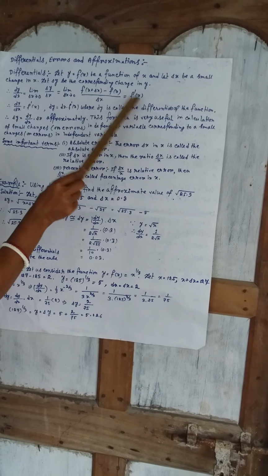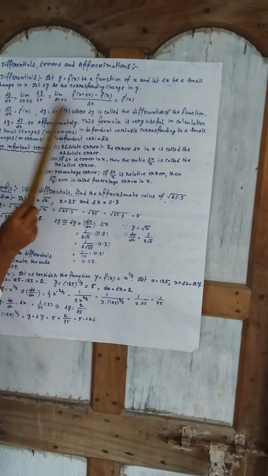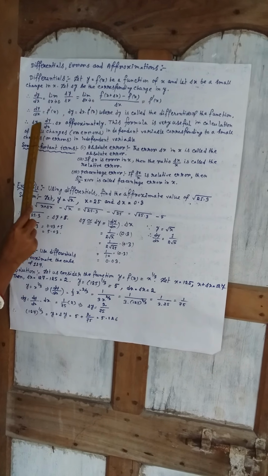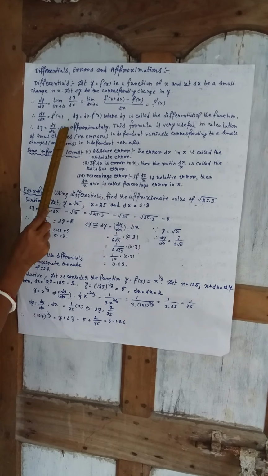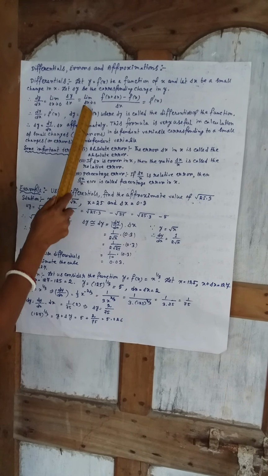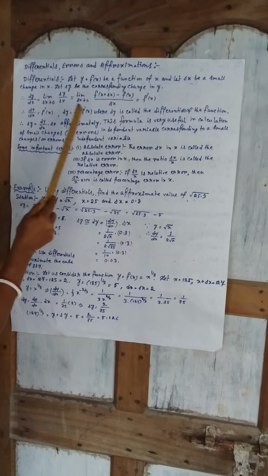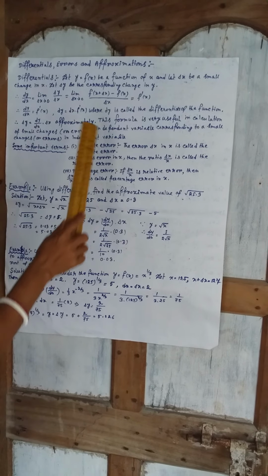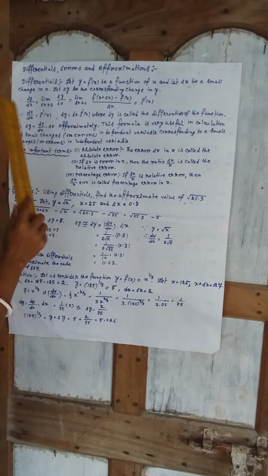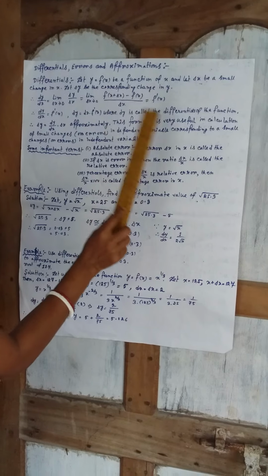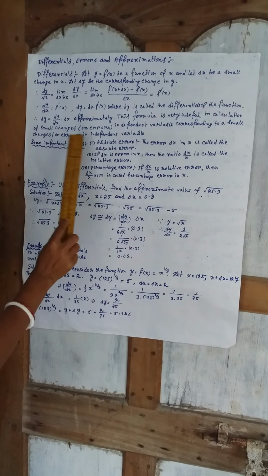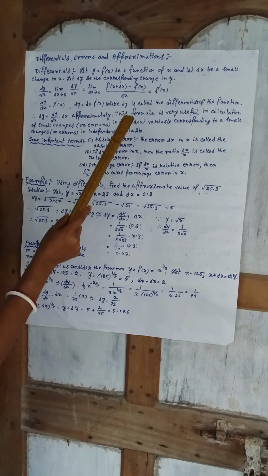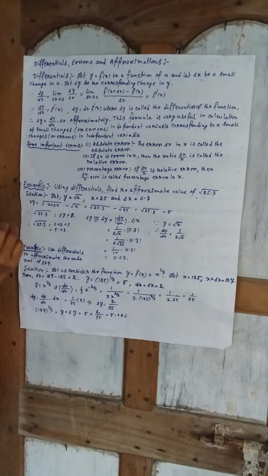That is dy/dx equal to f dash x. That is dy equal to dx into f dash x, where dy is called the differential of the function. Now del y is approximately equal to dy/dx into del x; in place of dy we put del y, in place of dx we put del x. This is the approximation. This formula is very useful in calculation of small changes or errors in the dependent variable corresponding to small changes or errors in independent variables. And this is used in engineering, physics and many other branches of science.